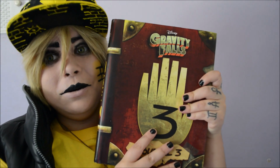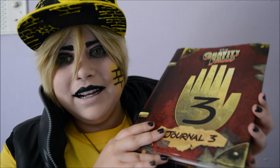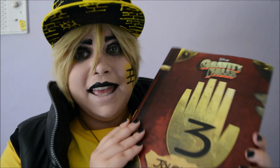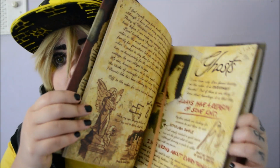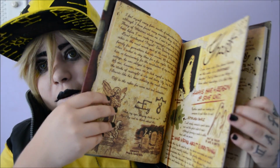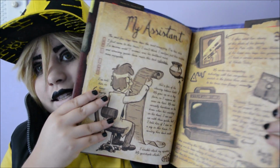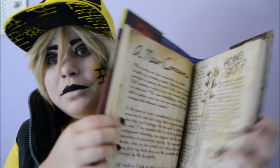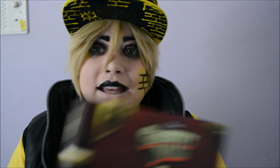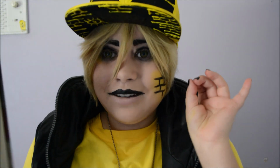The cosplay isn't complete without this Journal 3. So I got this when it first came out, so it is Journal 3, and this is ideal for any Gravity Falls cosplayer because the pages are just like in the show. It is just perfect. You could see that. It is amazing. It has so much detail, and even if you just read it, it's just amazing for